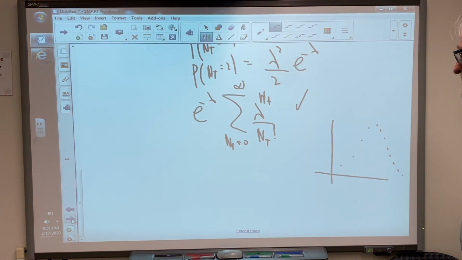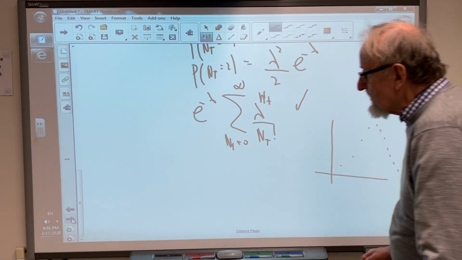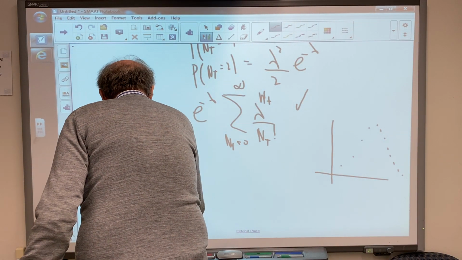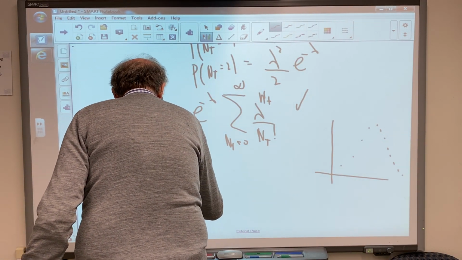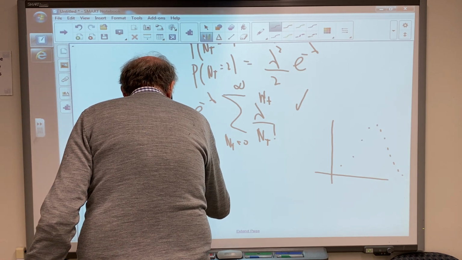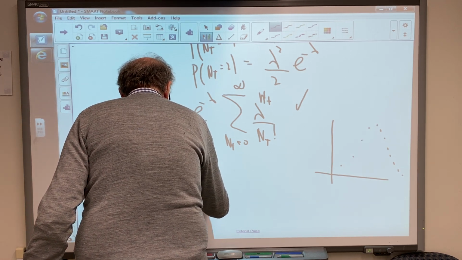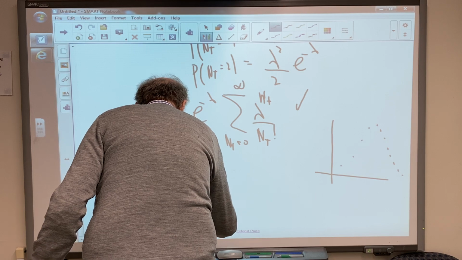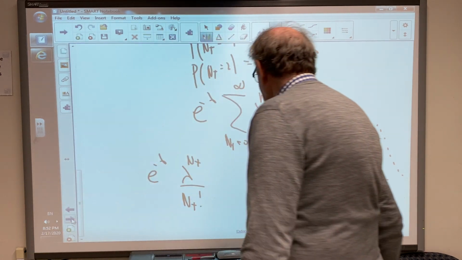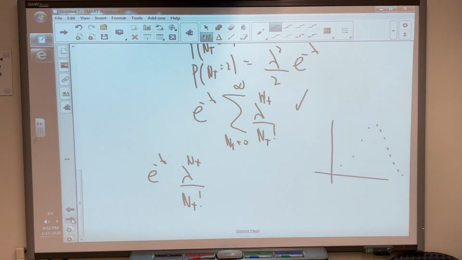You can convince yourself that the maximum of this expression, well, you can take the derivative. E to the minus lambda, lambda to the n plus over n plus factorial. Well, the derivative is more difficult, but if you, for example, try to calculate the average of this distribution, you